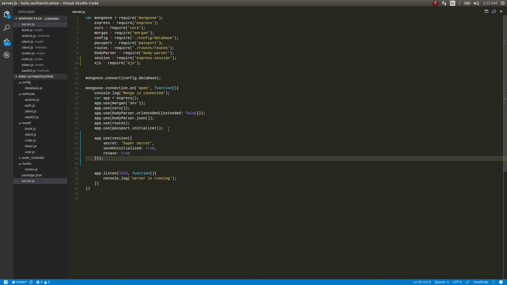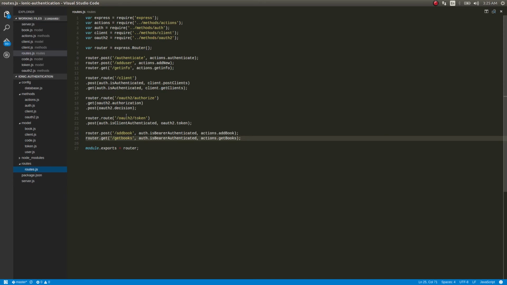First of all, what the user will do is try to add a client. So he will send a post request to the client endpoint, and he'll also send in the parameters. First it will check whether he is authenticated. Obviously we use JWT for authentication. If he's authenticated, then the user can add a client. Then he'll get an app ID and a secret ID. He'll take those two and send a request back to our backend to get the code, so that he can access the REST APIs, obviously to access our resources.